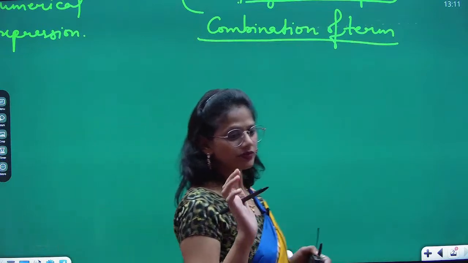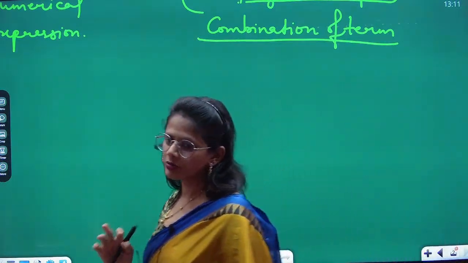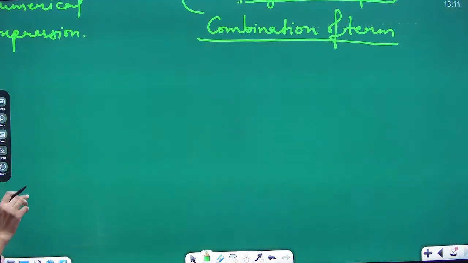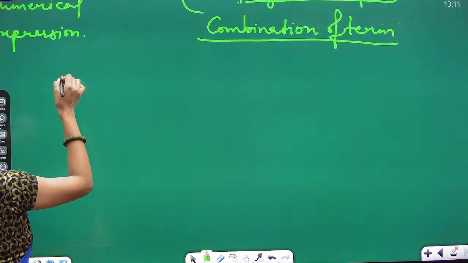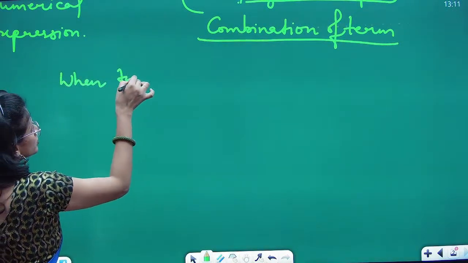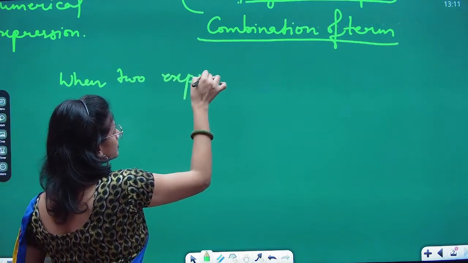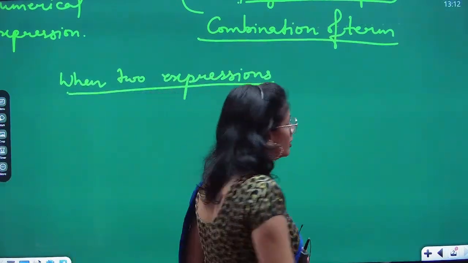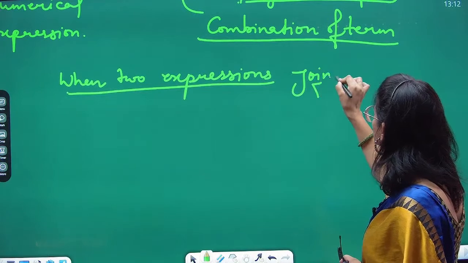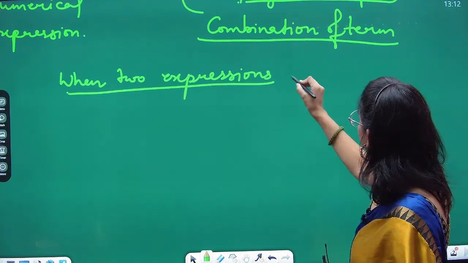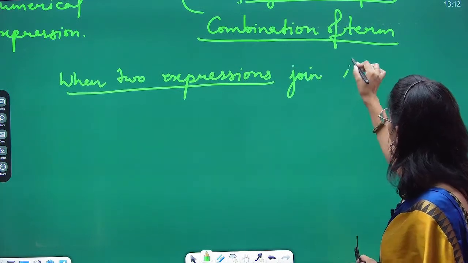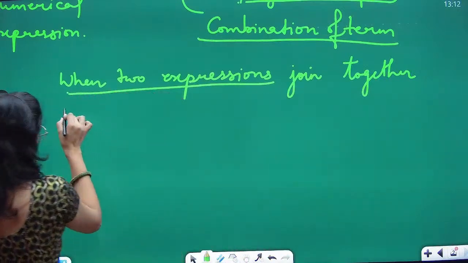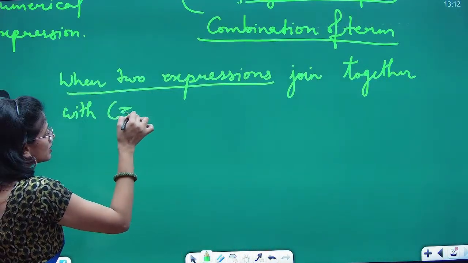Let's proceed. We know about the numerical expression, and we know about algebraic expressions. Now when two expressions are joined together with equality, equality means equal,